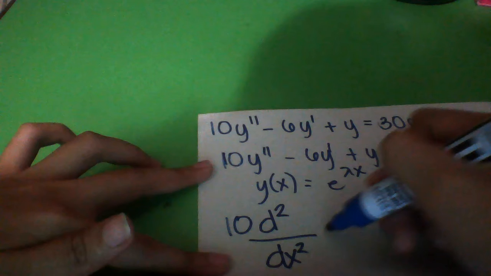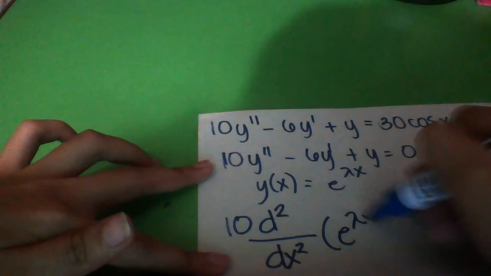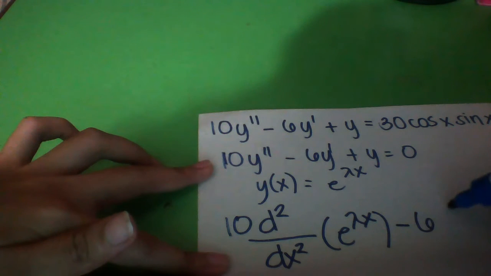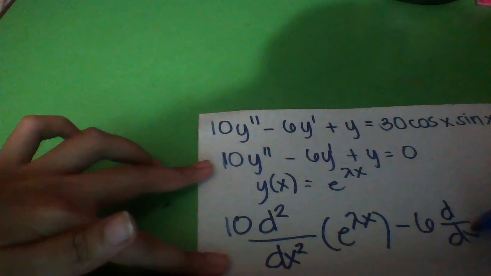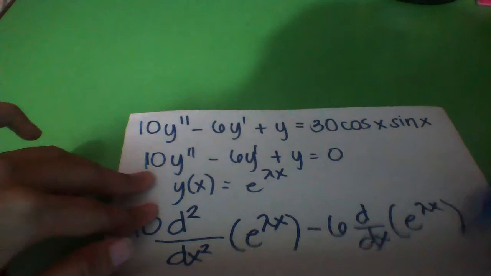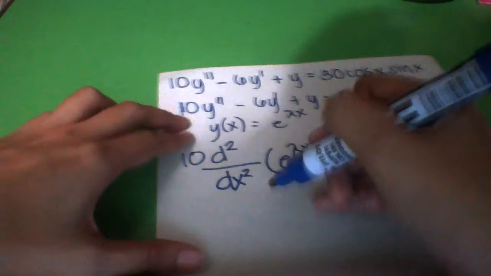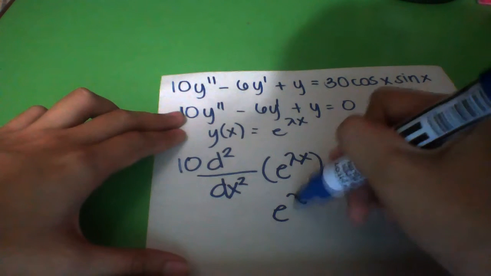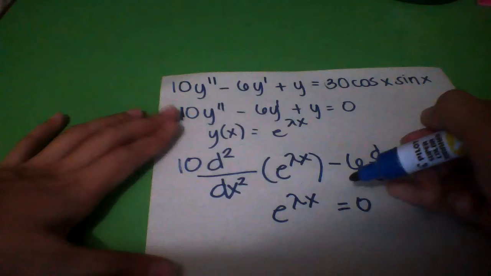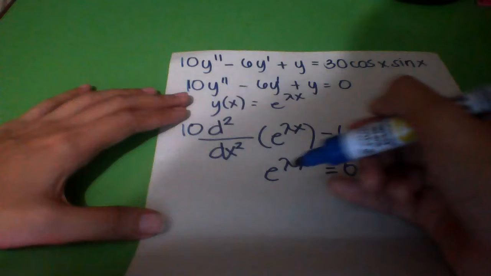And from this we will get 10 d squared over dx squared times e to the lambda x minus 6 d over dx times e to the lambda x plus e to the lambda x equal to 0. So by substitution,